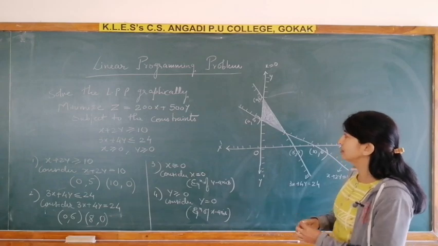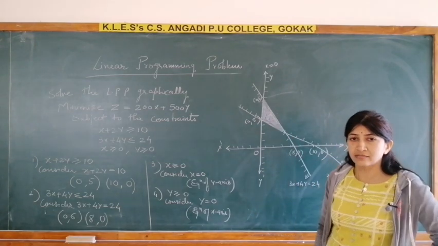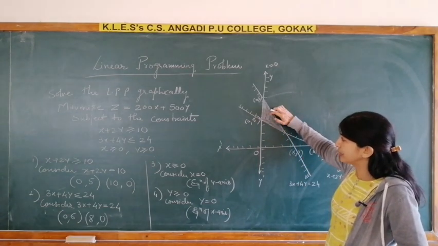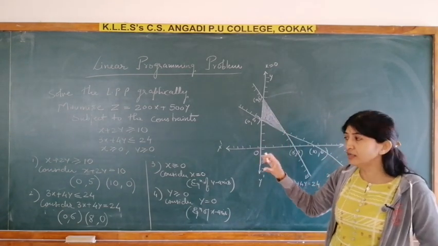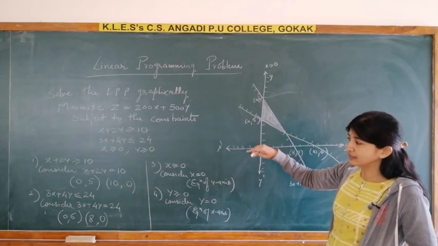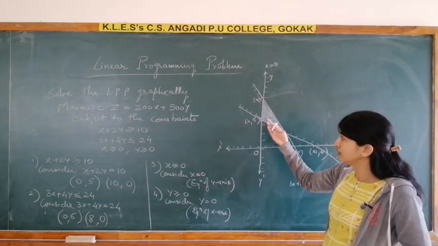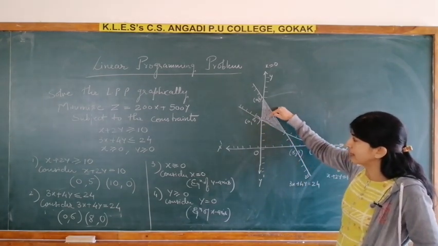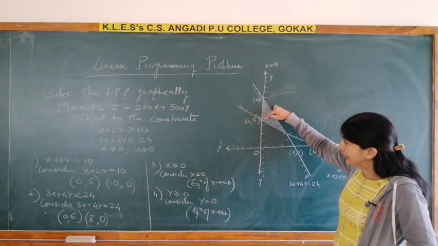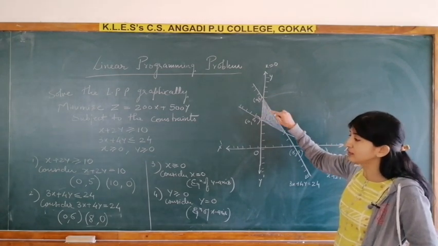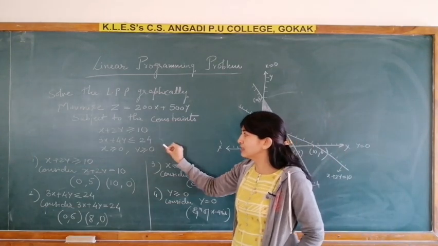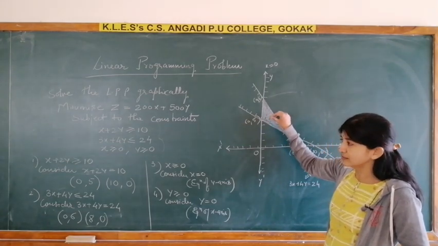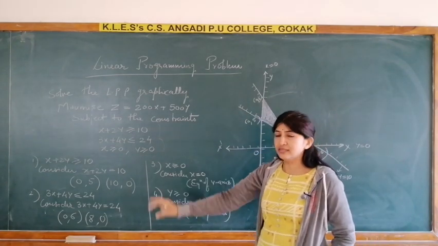What it means, we call this a feasible region. I told you in the graph chapter that I have explained all the meanings. So this shaded region is called a feasible region. In the last year you have seen the constraints they have given, and you have done up till here. So what is the meaning? All the points lying in this shaded region, including the points on the line, give the solution of these inequalities. So all the points which lie here satisfy these inequalities.